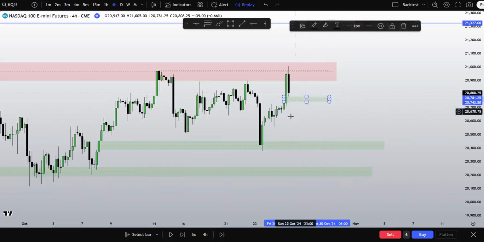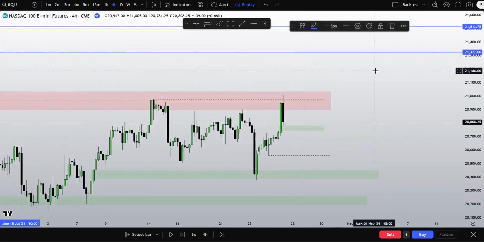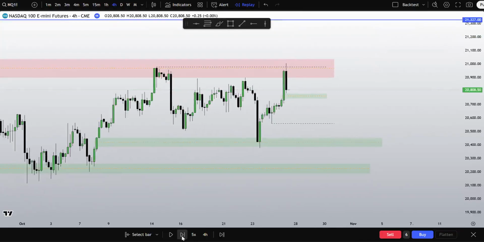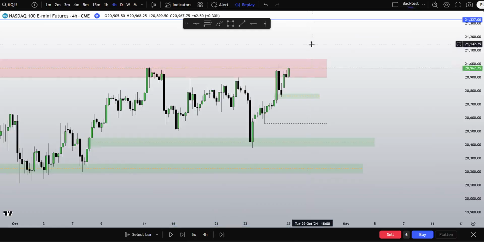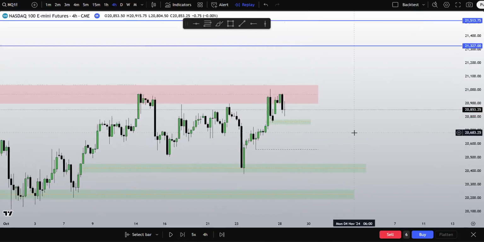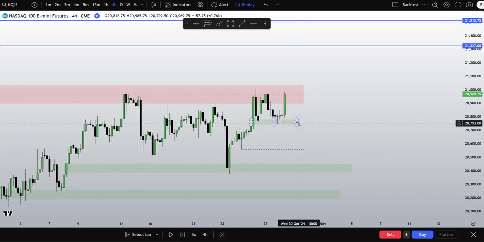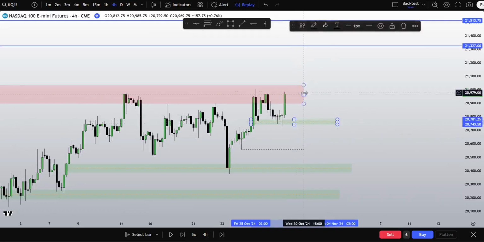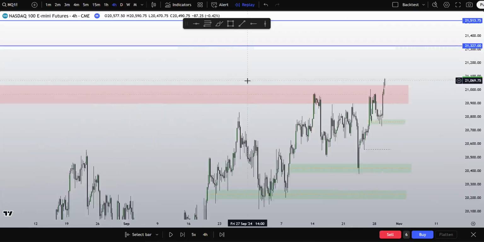Should price disrespect this imbalance, I will say this gap right here alongside this low is where the draw would be. Should we respect it, head higher, then we may look at this draw right there. As of right now, respecting it, I want to see us disrespect this or this. And then we'll look for a directional move. Right now, still remaining in between. I want to see a directional move. There we go, just like that.